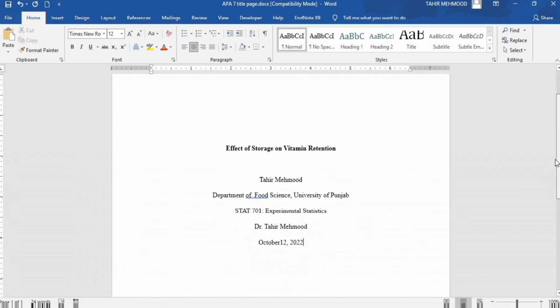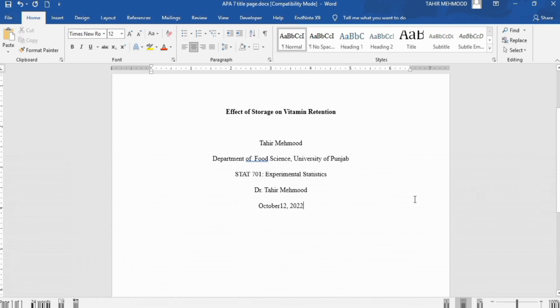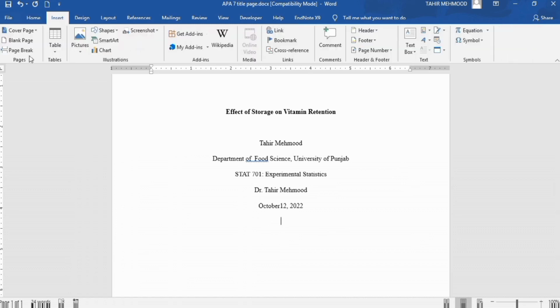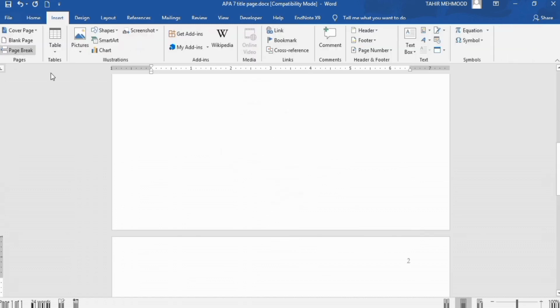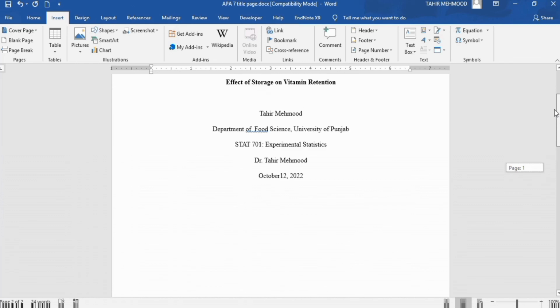Now again press Enter and go to the Insert section and insert a page break. Now you can start other sections according to your requirements, and you have successfully created the title page according to